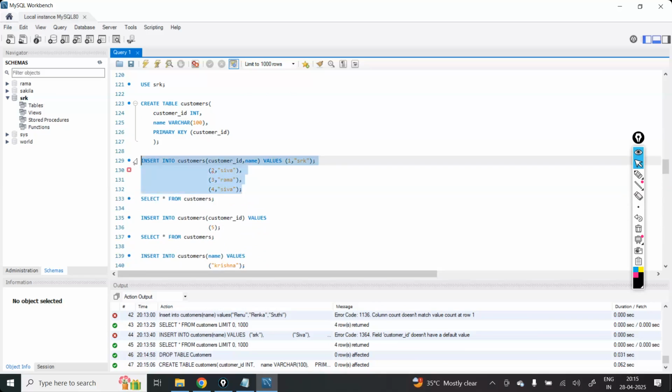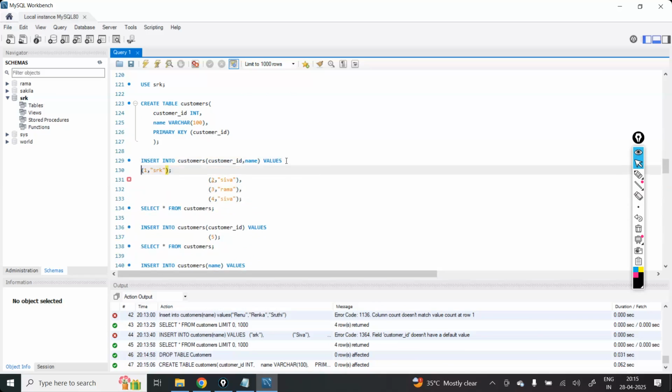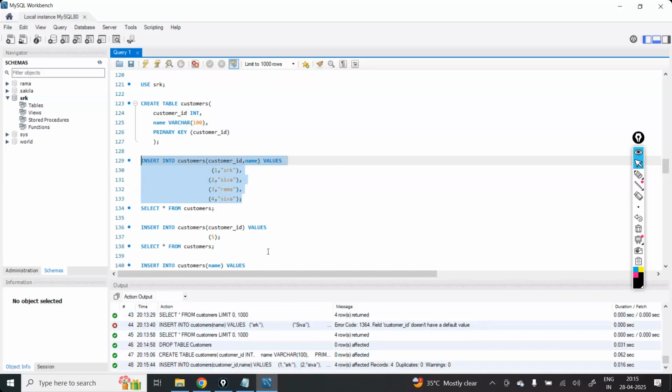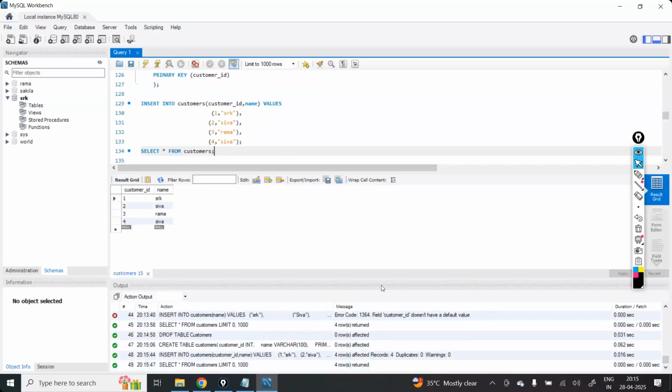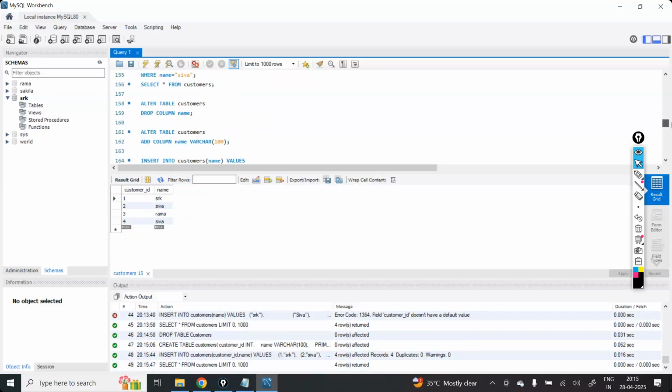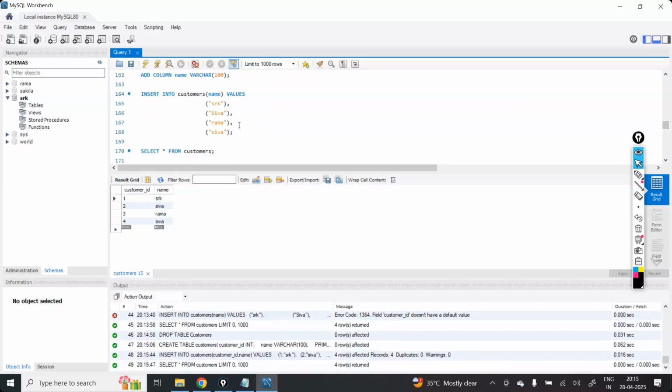Okay. So insert customer ID comma name, values are 1 comma srk, 2 comma Siva, 3 comma Rama, 4 comma Siva. Now I'm inserting this one and clicking on select customers. Okay, now again I have got the 4 for our understanding purpose. Now once it was created,